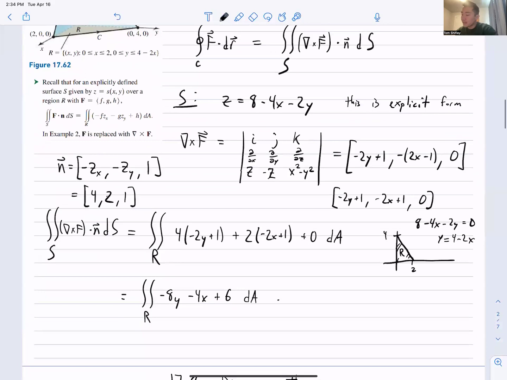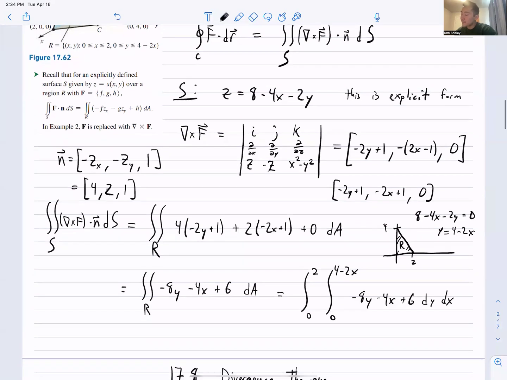And so I can rewrite this as an integral. Let's do x slices from 0 to 2. And then y slices will go from 0 to 4 minus 2x. And then it's minus 8y minus 4x plus 6 dy dx. So it becomes negative 4, what is that? Negative 4y squared minus 4xy plus 6y evaluated from,